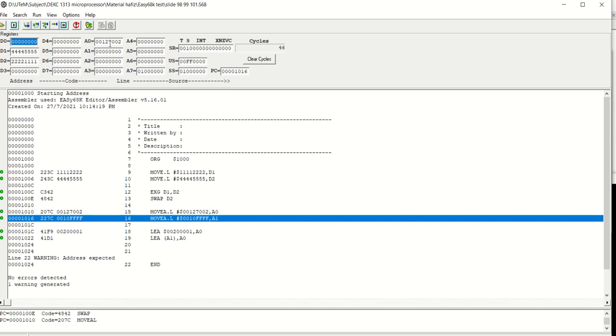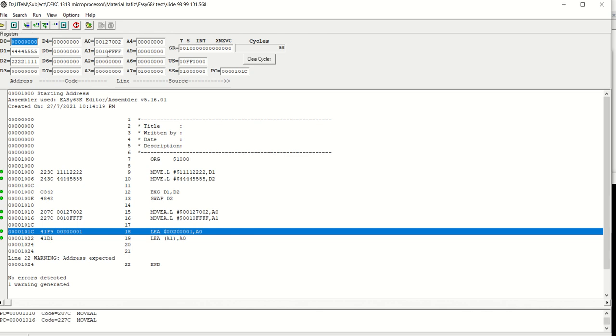A0 is 1270002, A1 is 10FFFF. And then LIA moves the value of 20001 into A0.